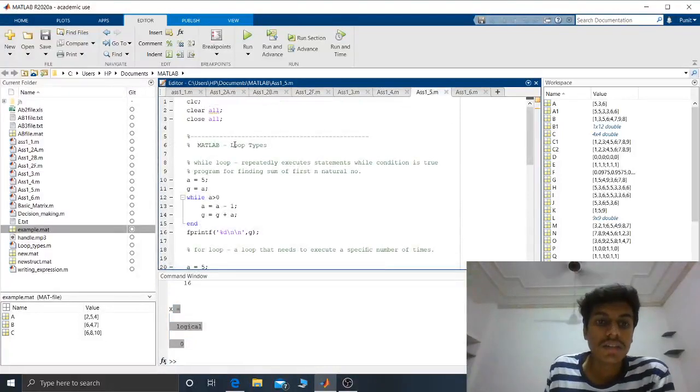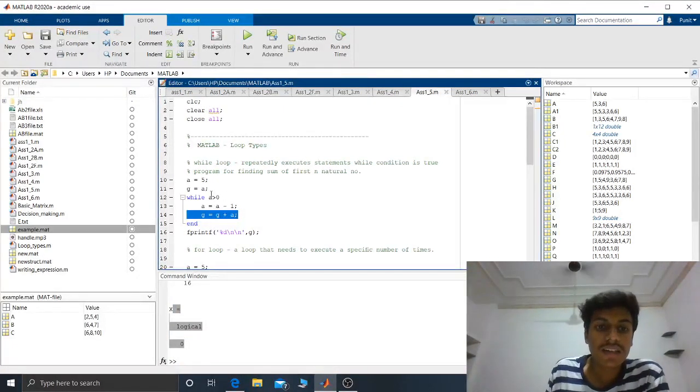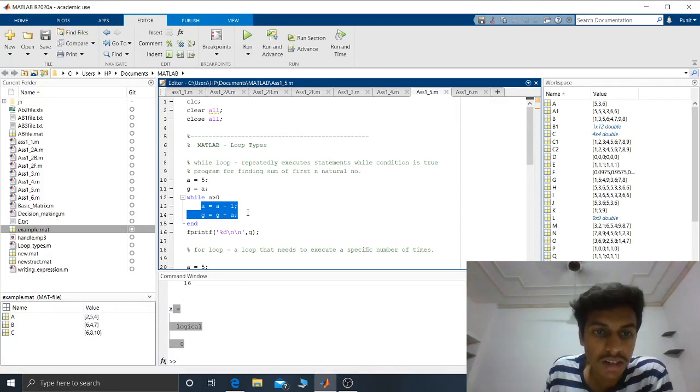Next, we are looking at the loop types. There are two types of loops: while and for loop. They take some condition, and whatever is written under it will run n times as long as that condition is true.